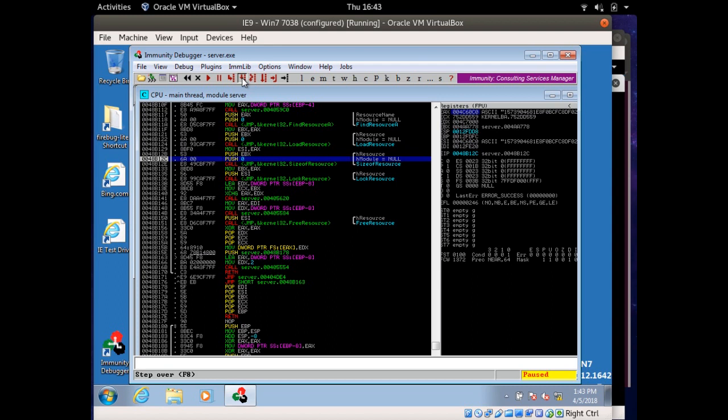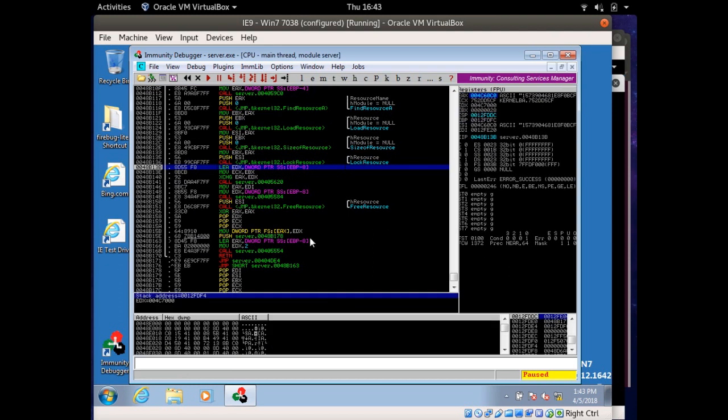So we'll go here, size of resource. Just to kind of give you a quick heads up, what it's going to do is it's going to